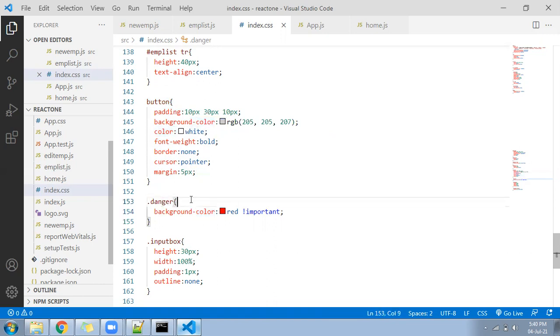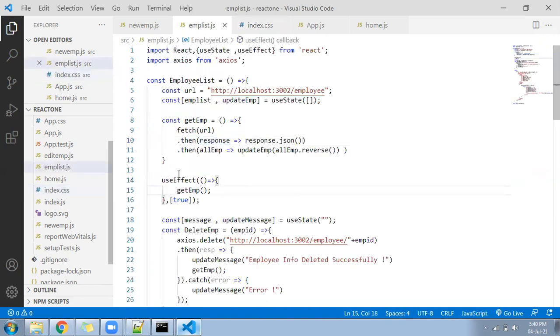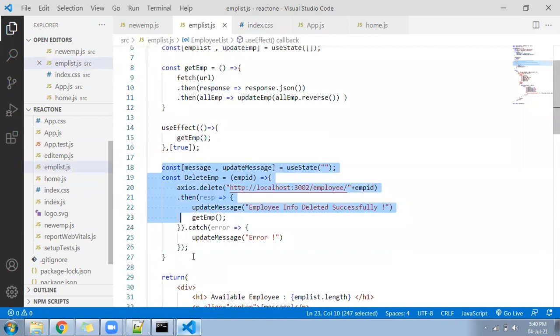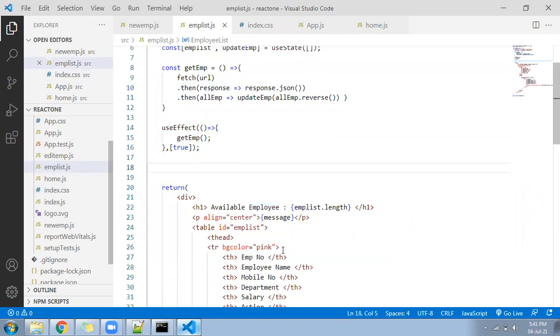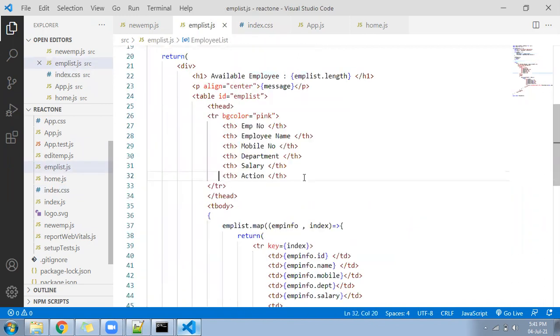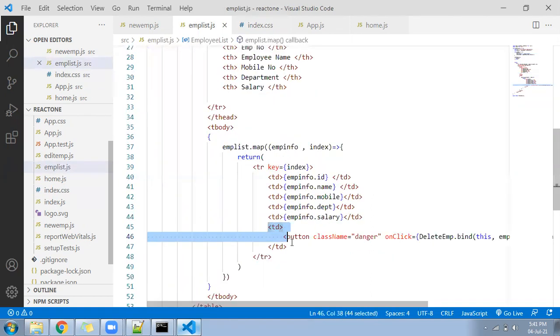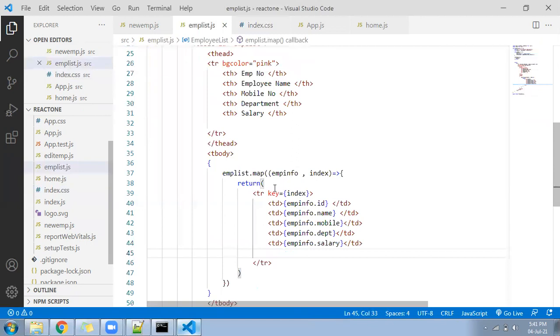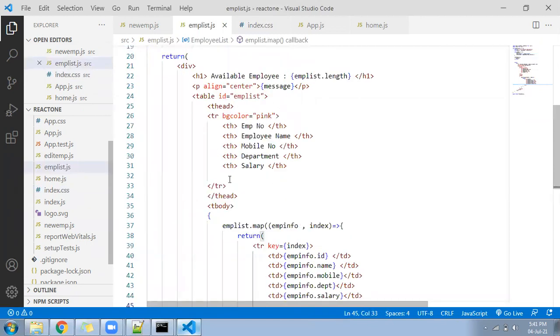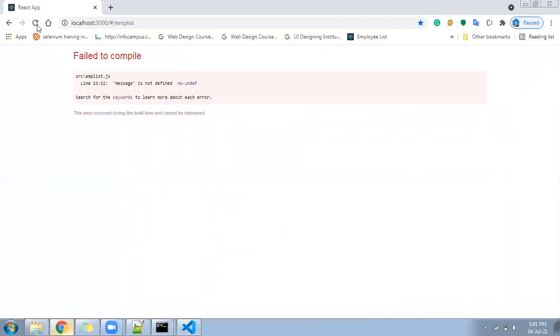Now let me come to the list page. In the list page, I will go here, some code I have written to implement that. I'll delete it. Come down, your page was like this. I will keep it in the old status. Your page, what you have implemented from the previous video, was something like this, where you don't have any delete option.